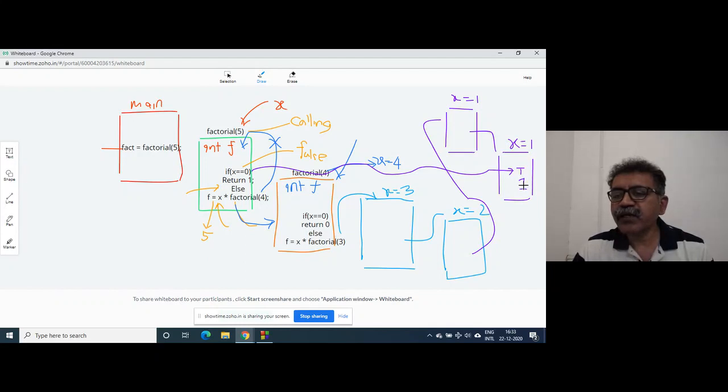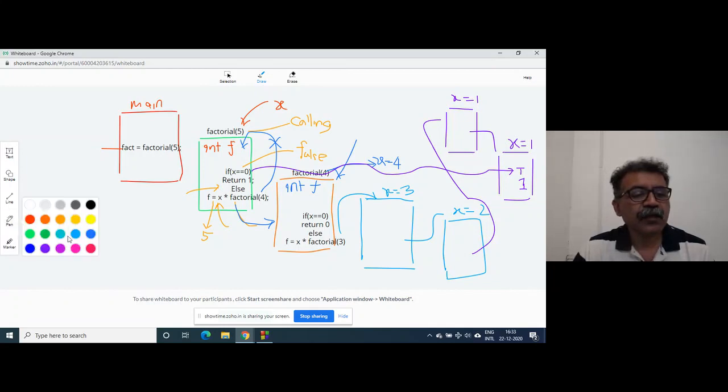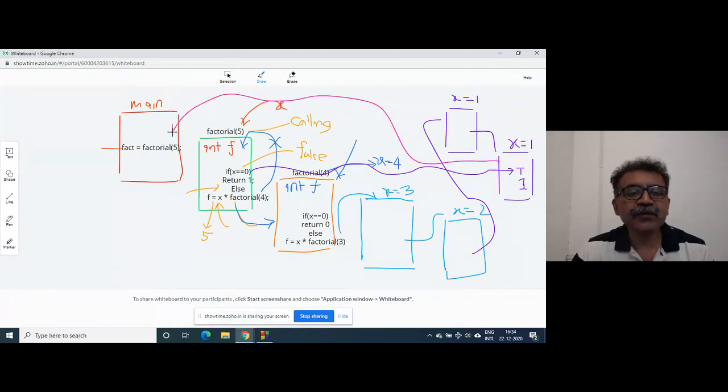1 will not return here, because this function has not been called by the main function. Rather, this function has been called by this function, right? So this 1 will go where? Here, right?